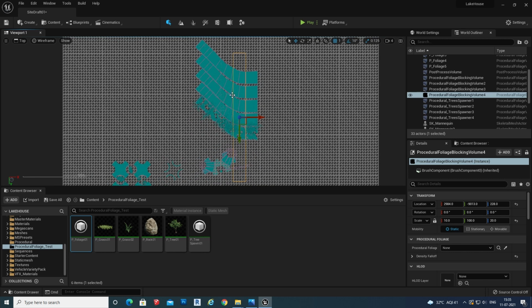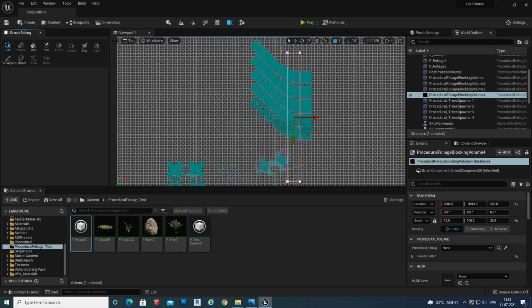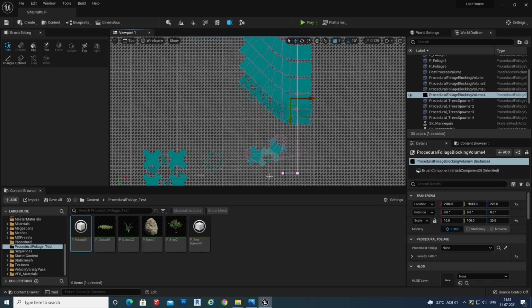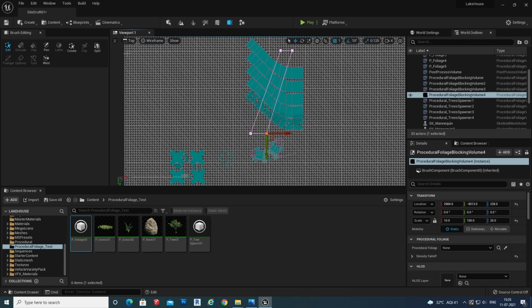Like mesh editing, you can go to the brush editing tool, pick that, and move it. You can do it with any shape. If you have a curve shape, you can do that by extruding it. So I'm just creating some angular path.